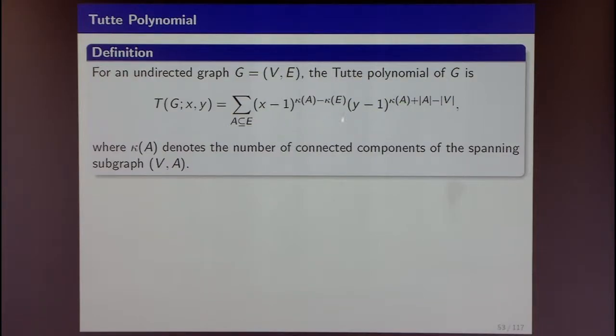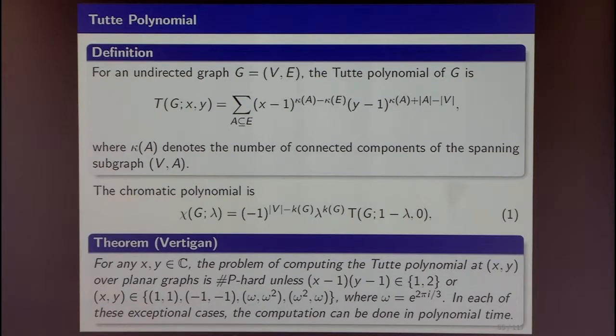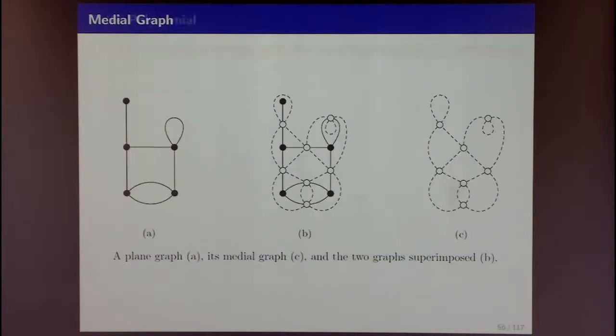It uses the Tutte polynomial. So this is the Tutte polynomial. And if you haven't seen this before, then there's not much point for me to explain. It's the number of connected components and so on. Okay? And it encodes a lot of information about the graph. A special case of this is the chromatic polynomial. That's the number of vertex colorings. Vertigan has a theorem that says that the Tutte polynomial is either in polynomial time or sharply hard. And it is described precisely at which points it is in polynomial time, and otherwise it's sharply hard. Okay? That's a known theorem.